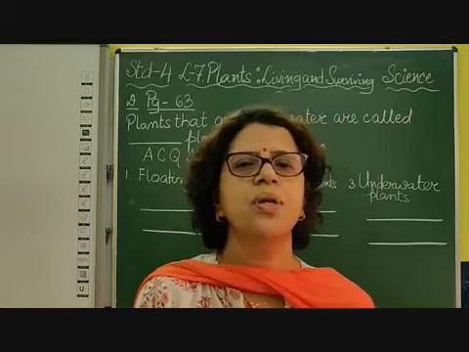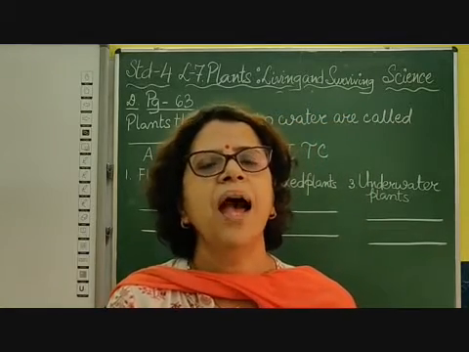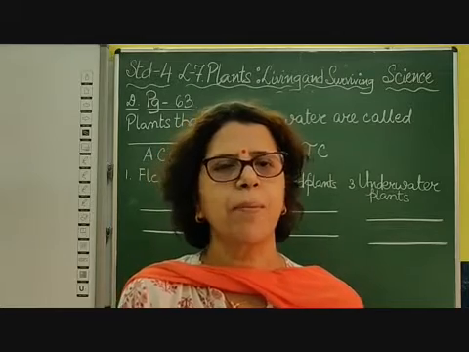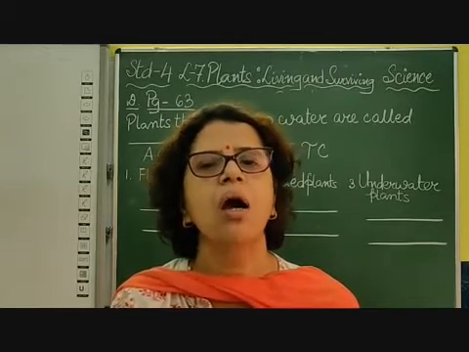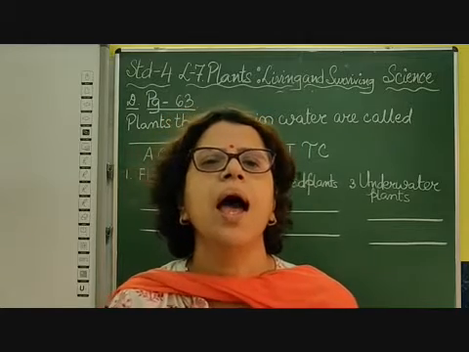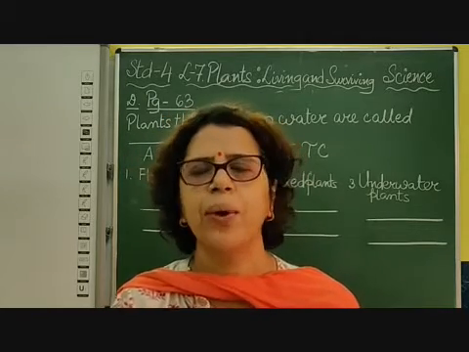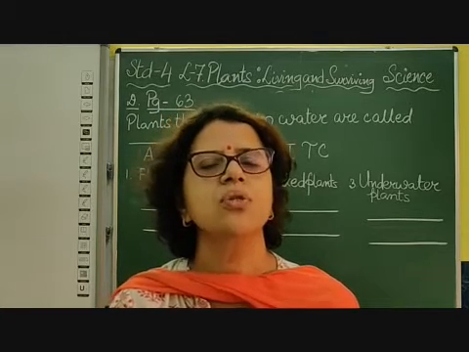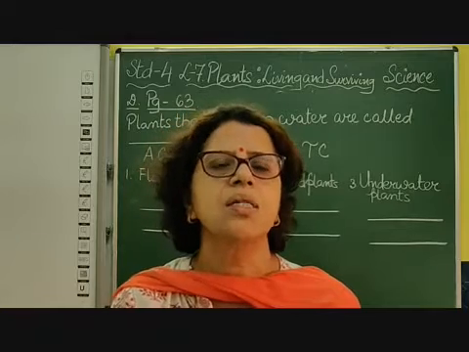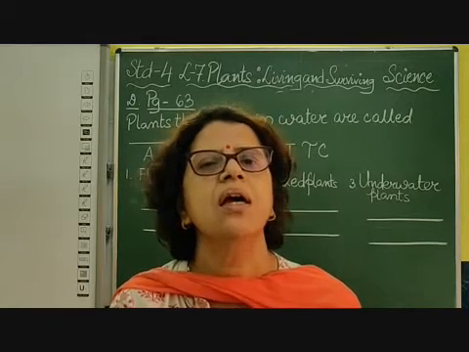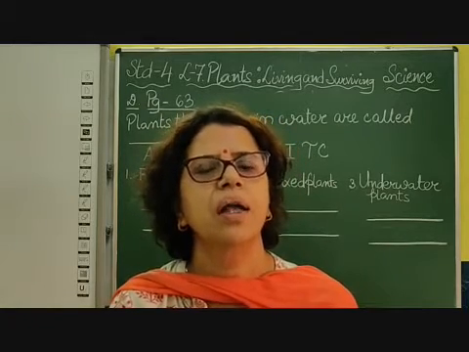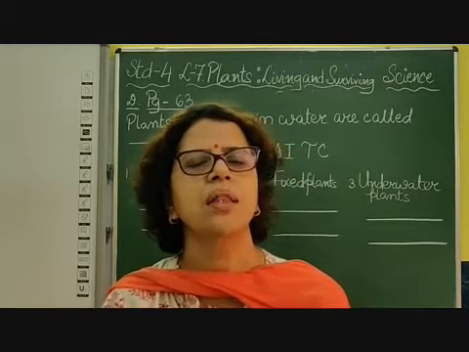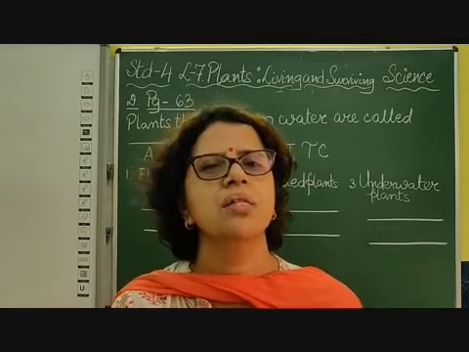Hello, good morning students. Children, we have learned that water plants are also called aquatic plants. Plants that grow in water are called aquatic plants. And there are three types of aquatic plants we have studied. Some of them are floating ones, so they are called floating plants. Some plants are fixed, the root is fixed in the bed of the pond, and so they are called fixed plants, and the leaves and flowers float.